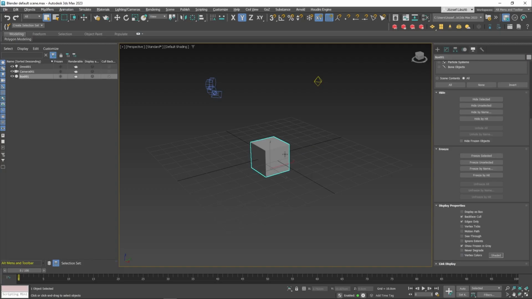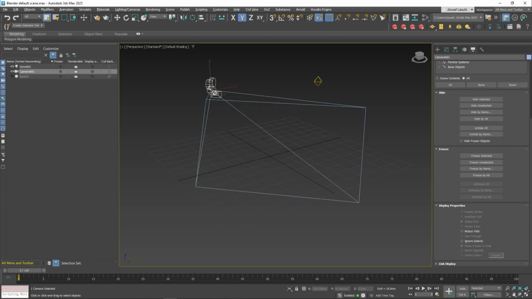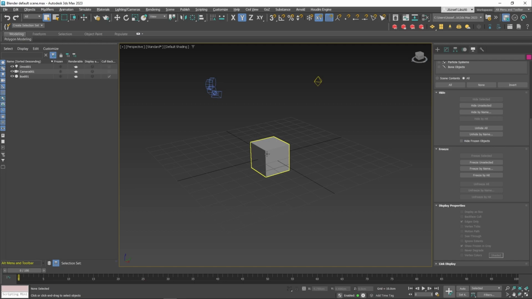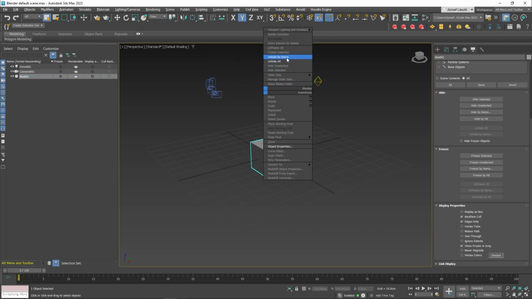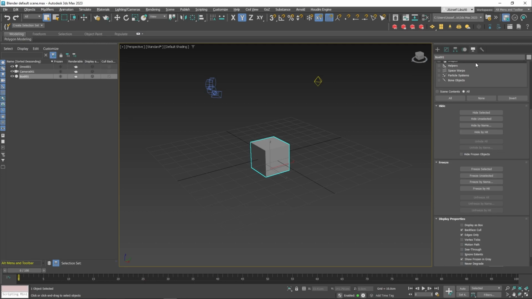In Max, you can select stuff and hide them by pressing Alt H and unhide them by pressing Alt U. Otherwise, just use the outliner or right click and these buttons or under the display